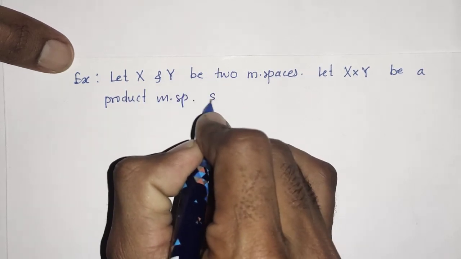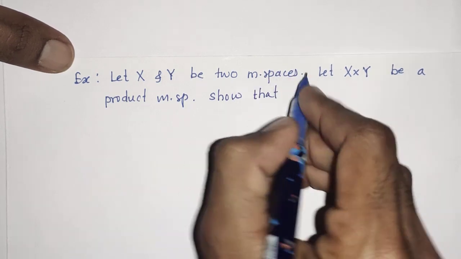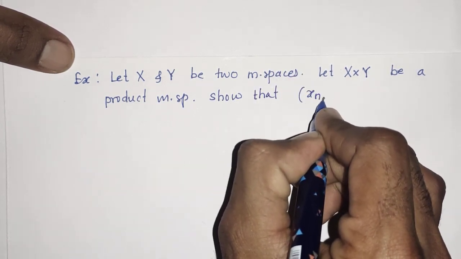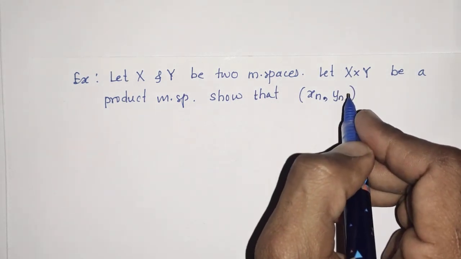Then show that a sequence (xn, yn), which is a sequence in the product metric space X cross Y,